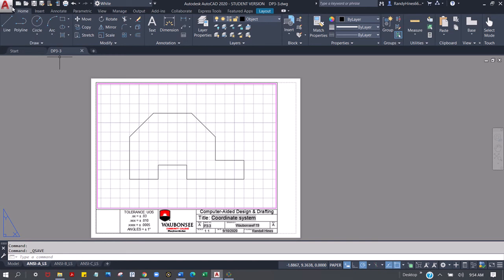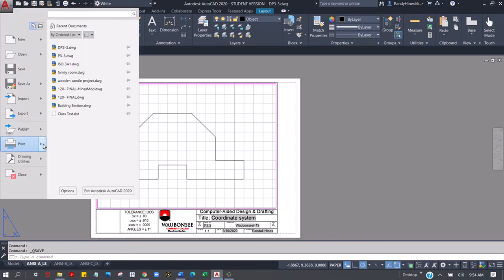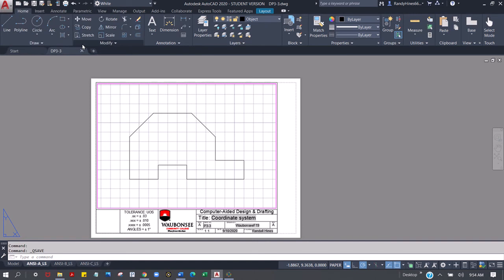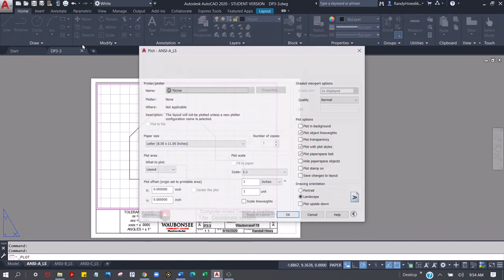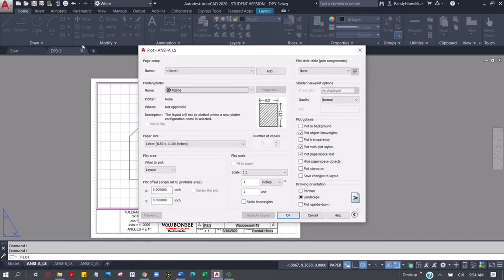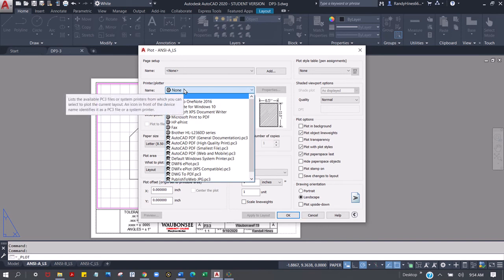Or I could click on my application icon, go to print, and plot. This is going to bring up a plot manager to plot things out. Right now, since I'm working from home, I don't have a printer set up for this particular template, so I need to select one. When we create a PDF, we want to create a web version PDF. So down here, click on the printer plotter, cursor down until you see AutoCAD PDF Web and Mobile. This is what they call a